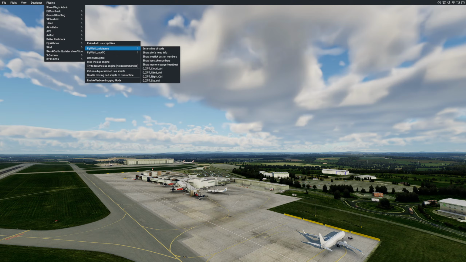You go into JFK to KBOS. JFK, New York to Boston. Nice. Okay, so then you open up Fly with Lua macros, and you see you've got these four